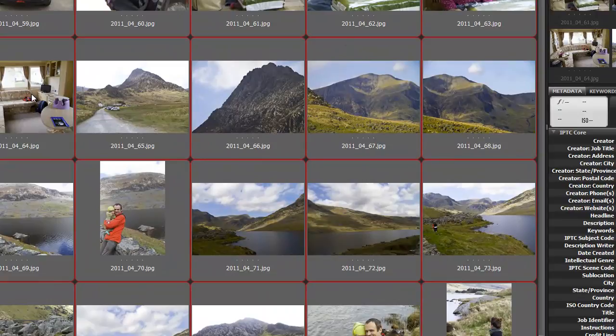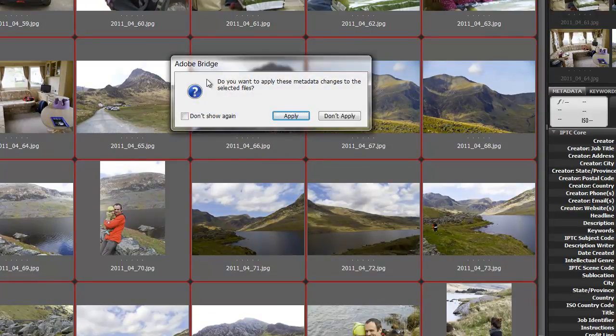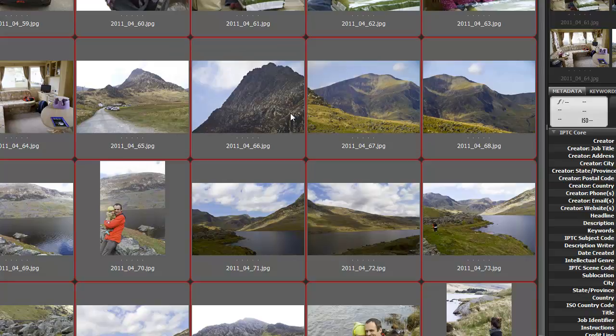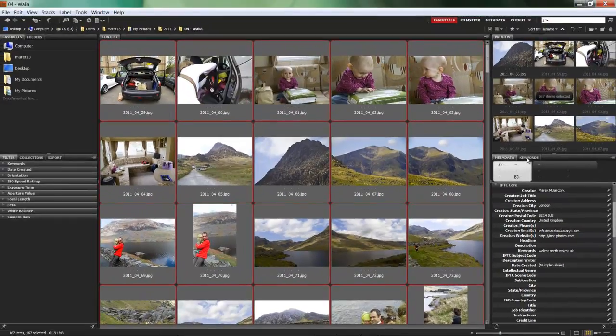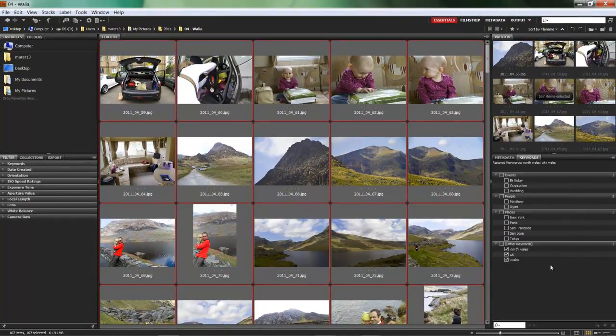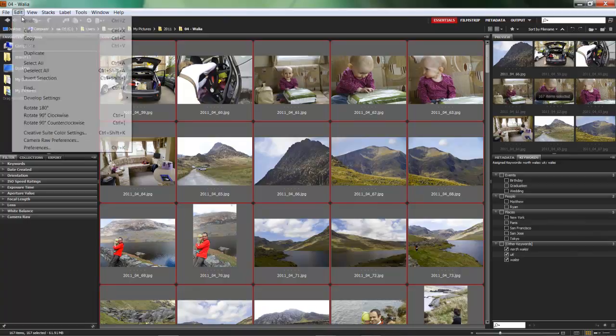Now, the next step I could do is I could try to maybe deselect them, and you should see this message here: Do you want to apply these metadata changes to selected files? Yes, of course I do. So I'll click Apply. Now all this metadata has been applied to all these images that were highlighted. If you jump into the keywords panel, you can see the keywords that are being applied: North Wales, UK and Wales. If I deselect all the images, so Edit and then Deselect All,